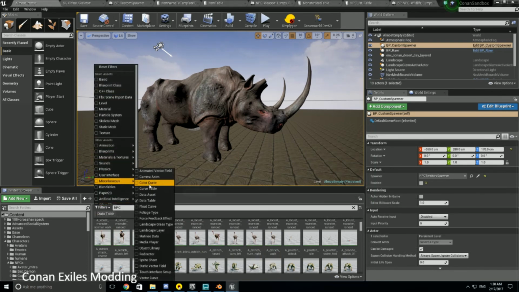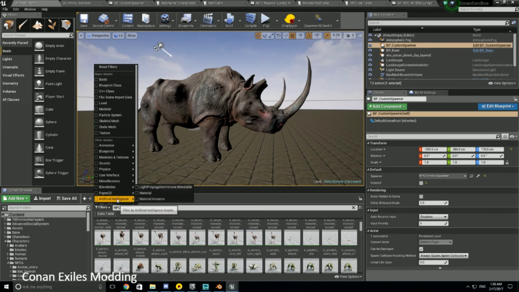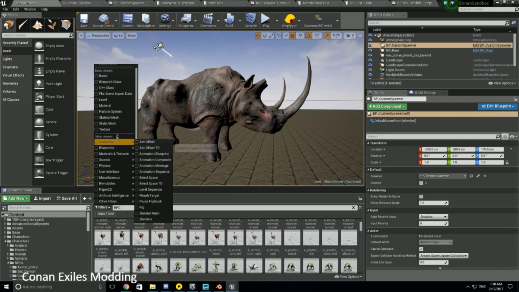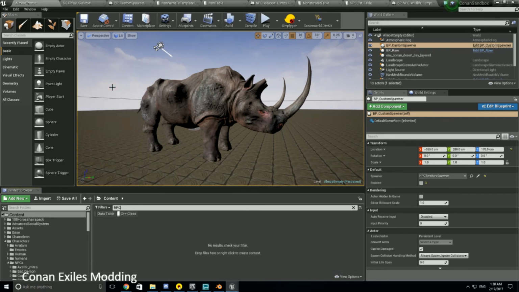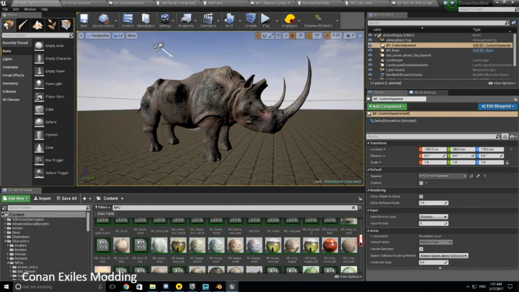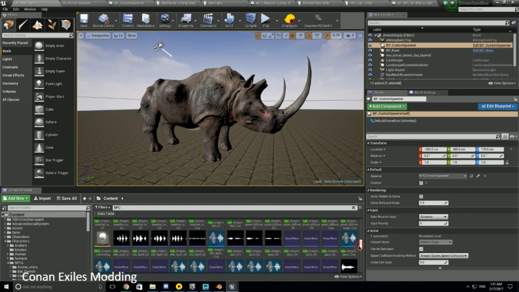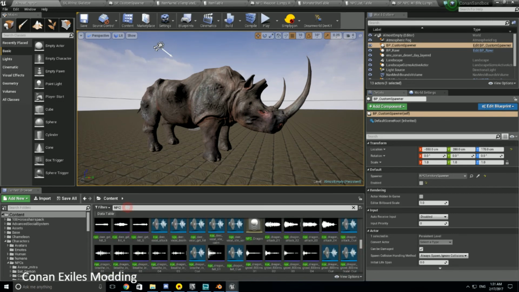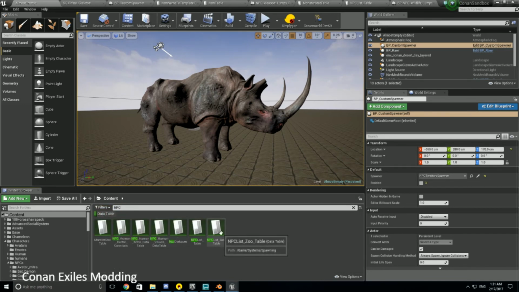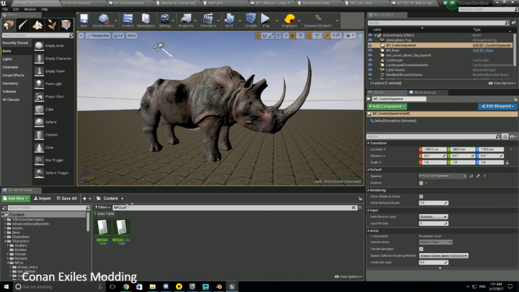Let's see, we want probably miscellaneous, user interface, C++ classes, no. I think it's NPC. NPC list, and then